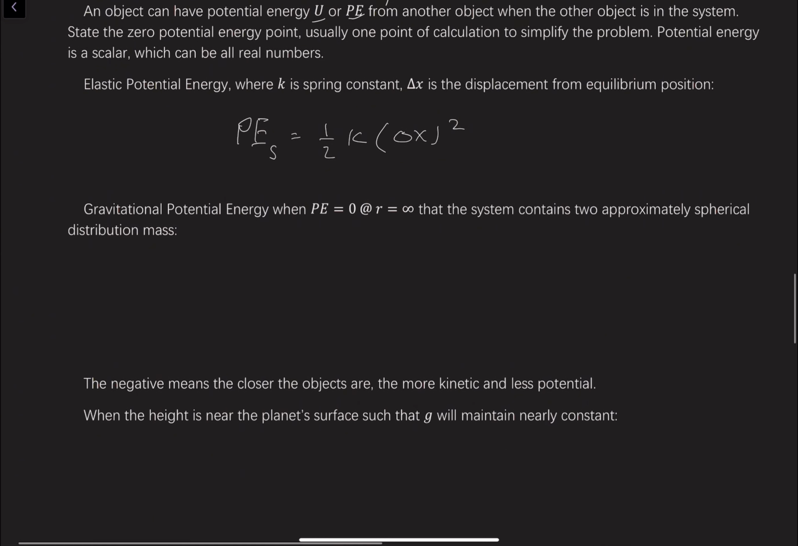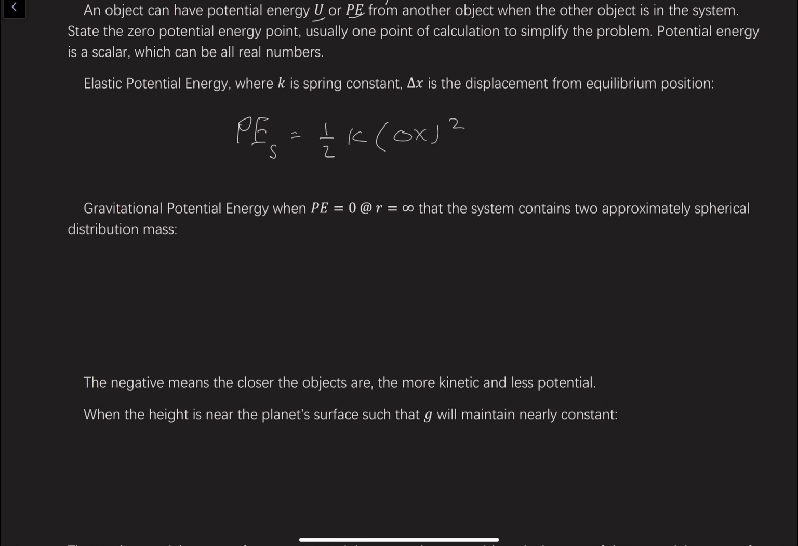And the next one is gravitational potential energy. We set the potential energy equal to 0 when the distance between the two objects is infinitely far. When the two objects in the system are approximately spherically distributed mass, then we can say the potential energy, let's write U sub G, is equal to minus G, the gravitational constant,